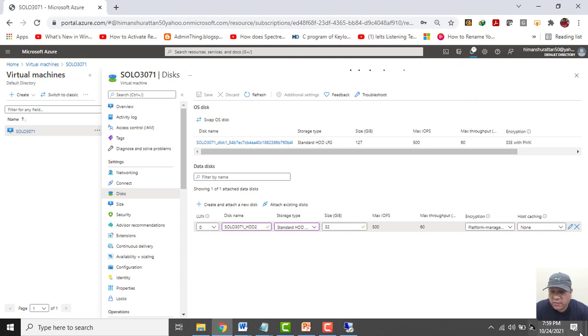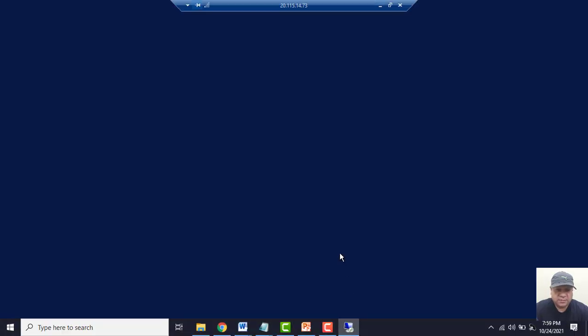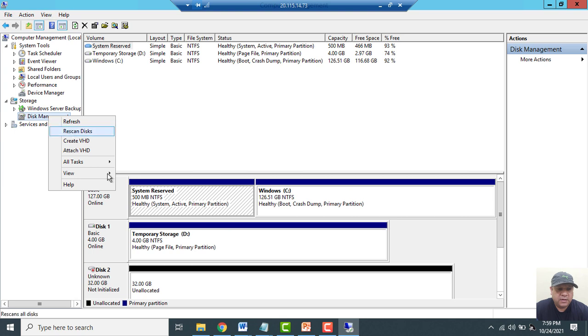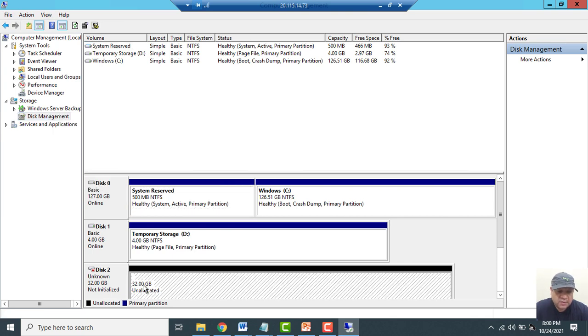Now whatsoever disk we add here, these are all managed disks. It is in the process of creating. It has been created as well. Let's see in our server. Let me rescan this, but this has also already come. So if you see here, you already got this size of 32 GB.